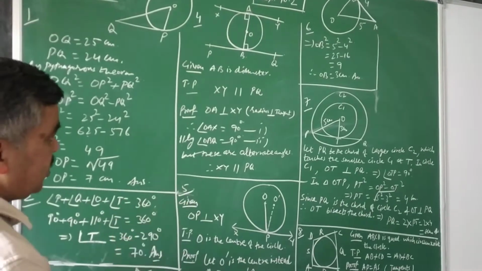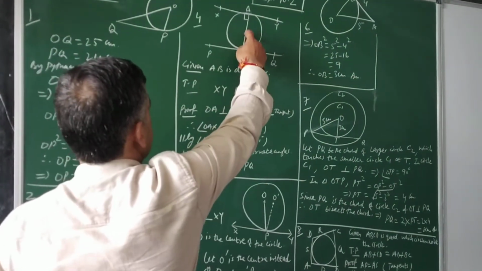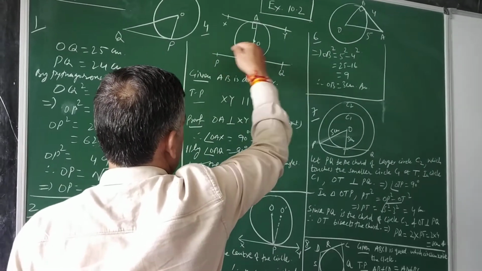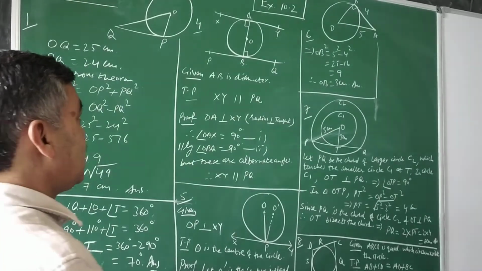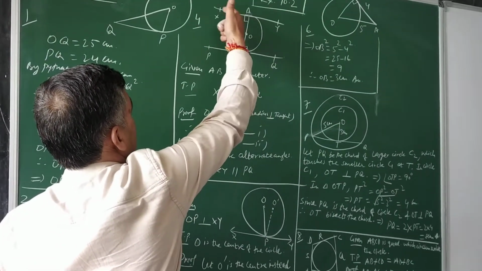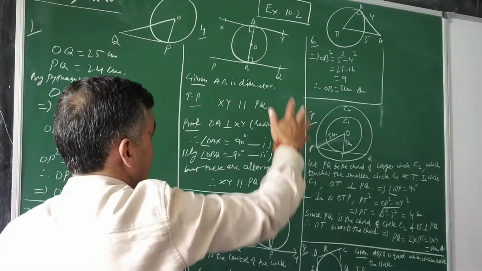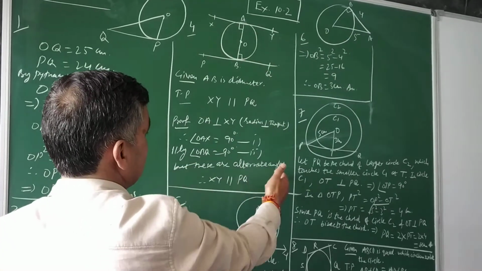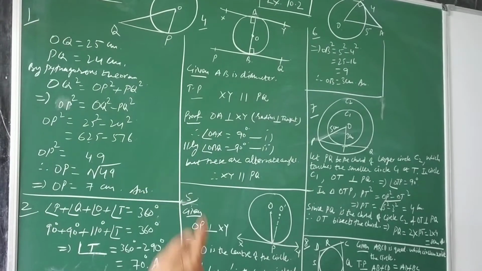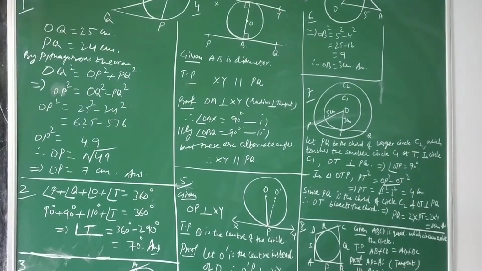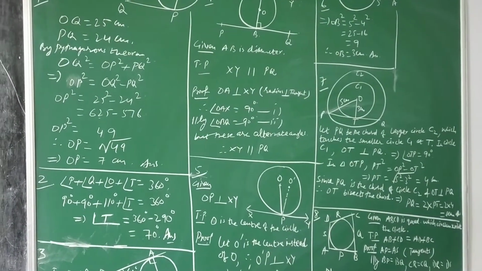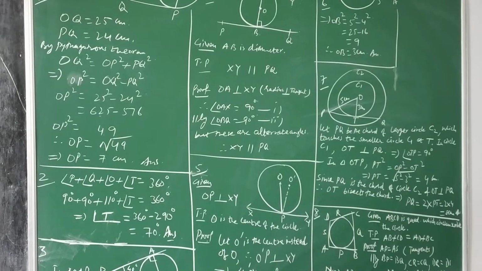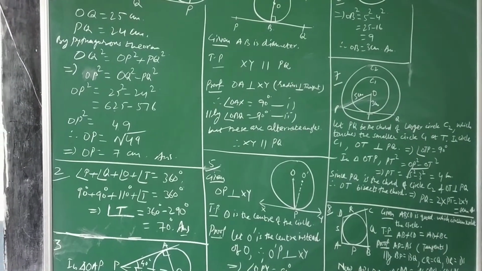So again I am taking you to the theorem. Radius OA is perpendicular to the tangent XY. Radius OB is perpendicular to the tangent BQ. In that way, I can say angle OAX is 90, and angle OBQ is also 90. So if I compare these two angles, they are interior alternate angles. By the property of parallel lines, once you have proved a pair of alternate angles equal, the lines will be parallel to each other. That is, XY is parallel to PQ. So that is the solution for your question number 4.